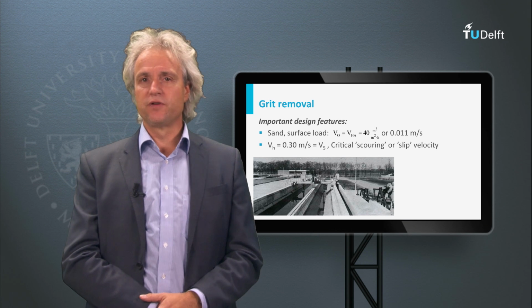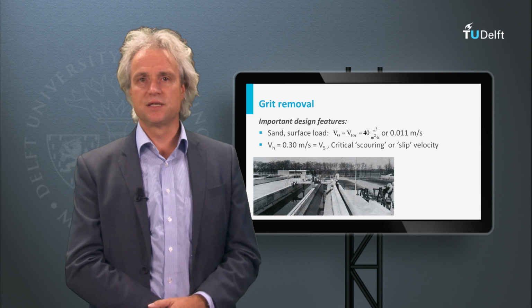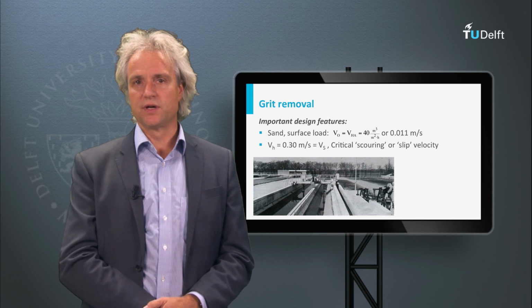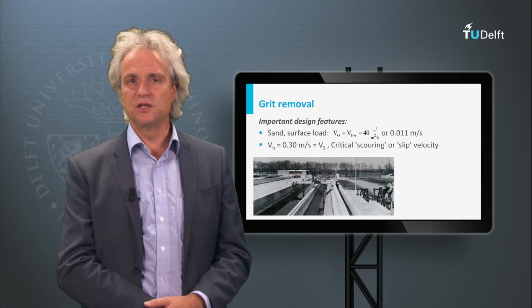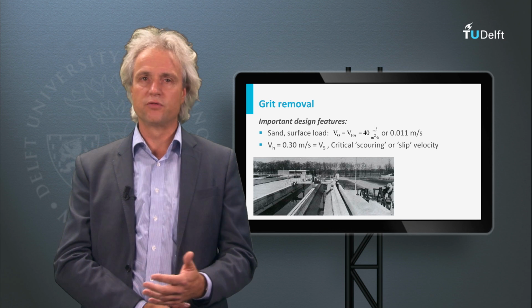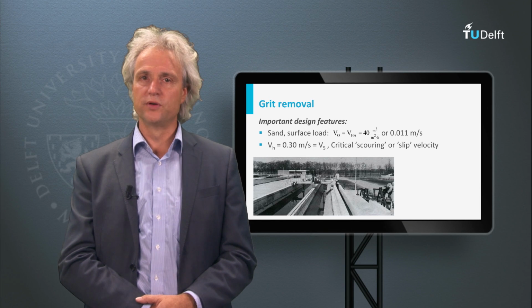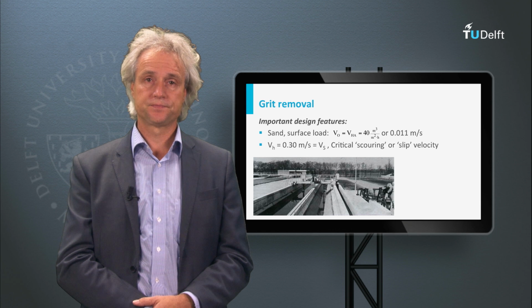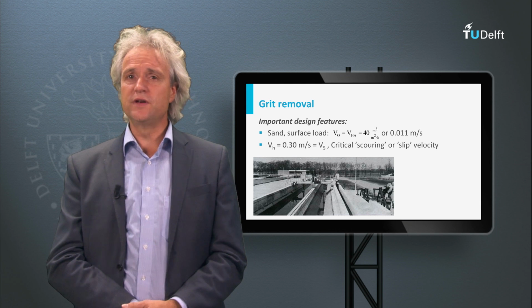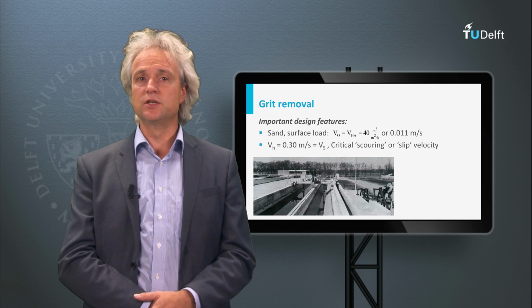A design horizontal velocity close to the critical velocity will result in an excellent separation of sand particles from the organic fraction. Note that the critical scouring velocity of organic material is much lower. For instance, for primary sludge, the critical scouring velocity is 0.03 meter per second, which is 10 times less. The above design features will result in an efficient washing of the sand, which can be subsequently used for other